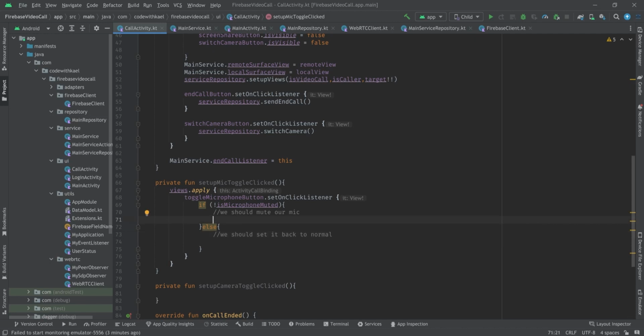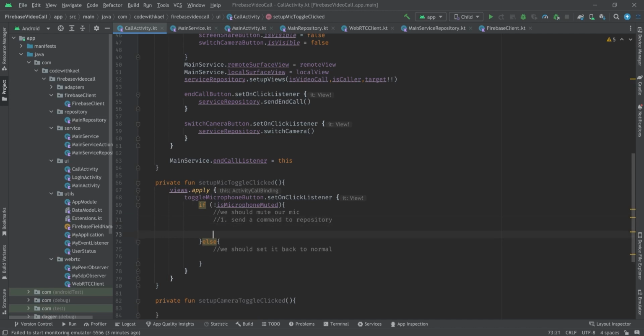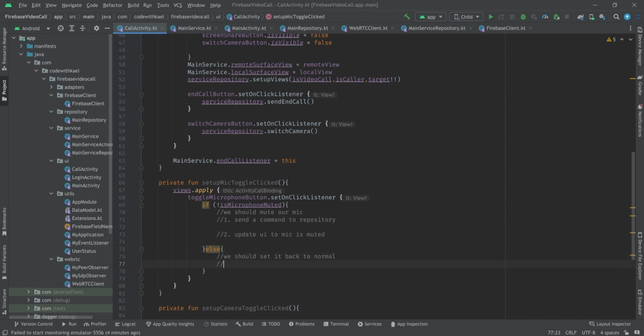So first thing is send a command to repository, and second, update UI to mic is muted. And here, first task is send a command to repository to make it back to normal status, and number two is update UI. Pretty straightforward. So I'll write a function,